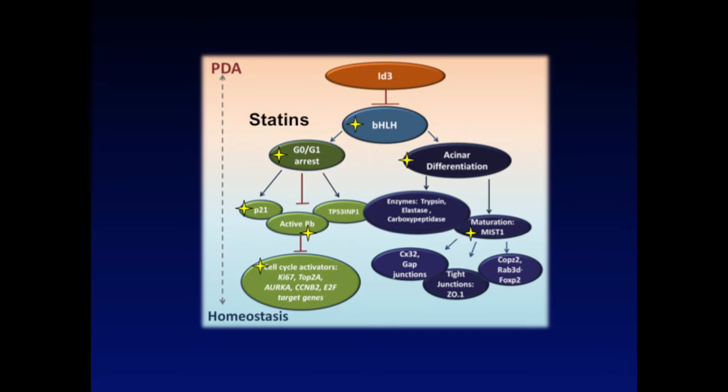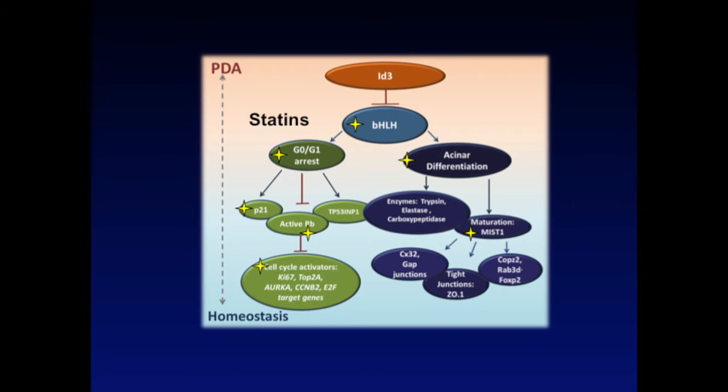Although most of our work is with E47, there may be others in this family that then regulate G0, G1 arrest, in part through P21. One of the players I didn't have time to discuss is TP53INP1,